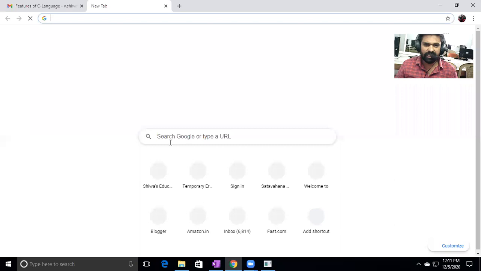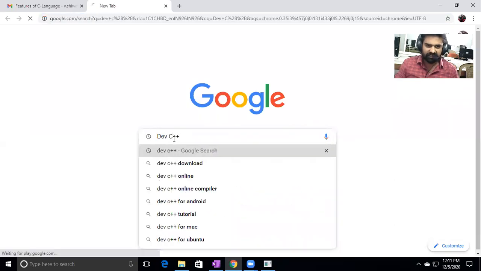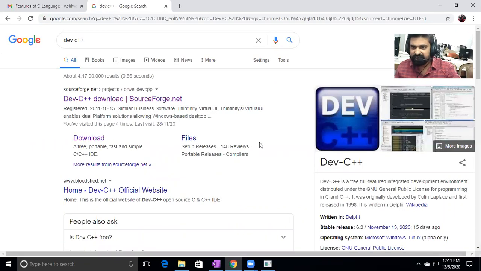In Google, type Developer C++, DEV C++. So C language you can practice. Next C++, second semester subject, you can also practice in this one only. And third semester data structures using C++, that one also you can practice here only.